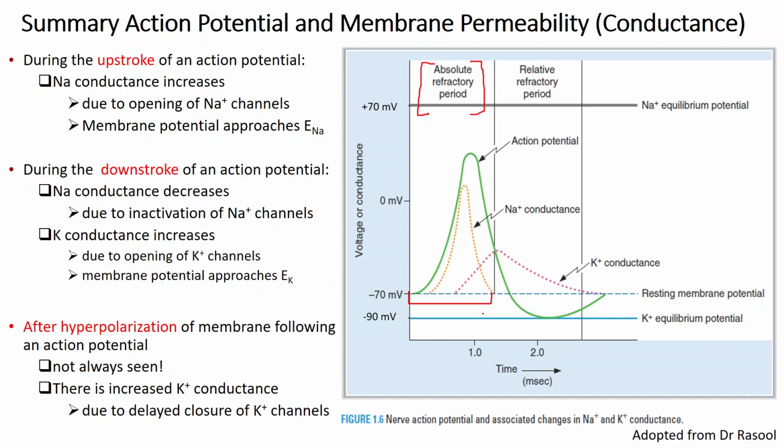Remember the inactivation gate of the sodium channel, which closes in here. These gates would not be open until the membrane is near its resting state. So during this period of time, no matter how big the next stimulus is, there would be no generation of an action potential,